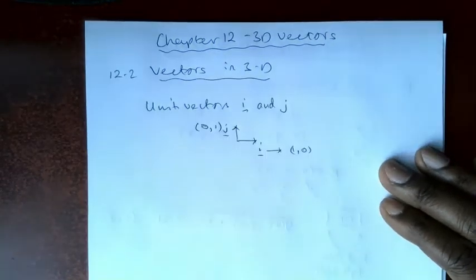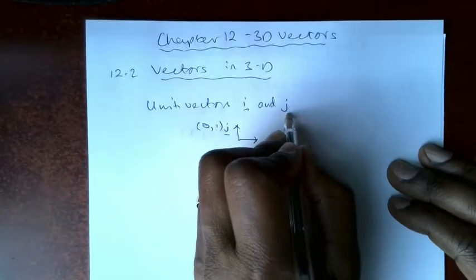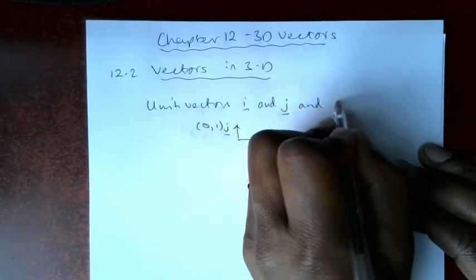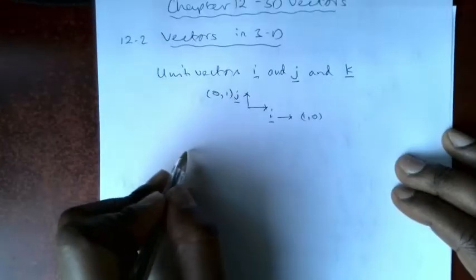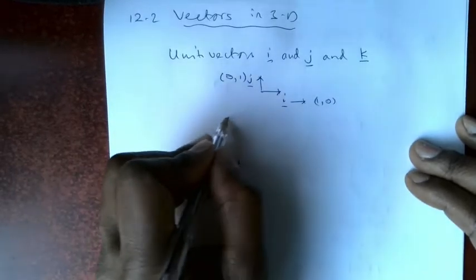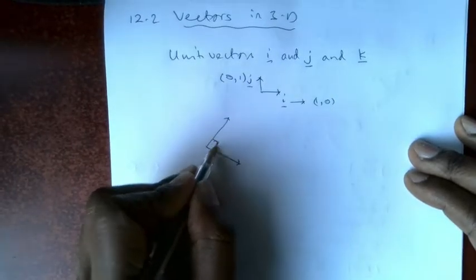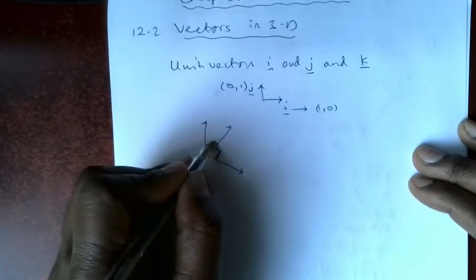Now we can extend that to 3D and then have a third unit vector, and that's the unit vector k. Now again, trying to draw what this might look like in 3D. So imagine these laying flat on the ground like that. That's 90 degrees, and then you've got this other vector sticking up like that. Again, that's a